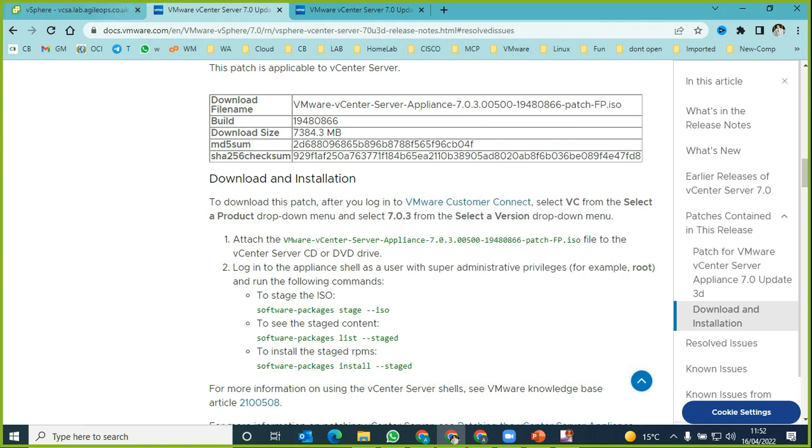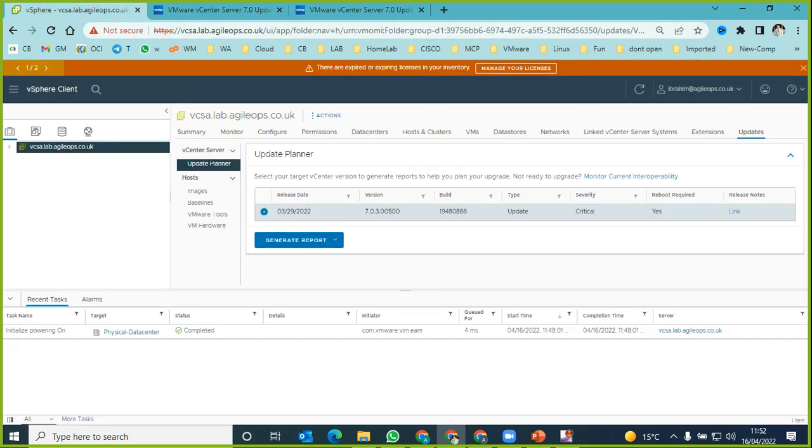Okay, enough of talking now. Let's move on and see what we have here. So this is a generate report, and in here we have two reports. One is interoperability. Now what does that mean? It's similar to what I have just been discussing. Interoperability is